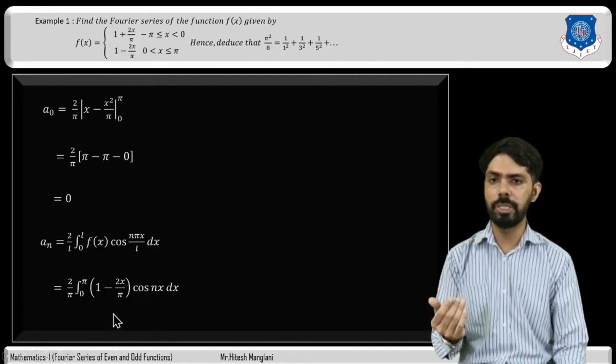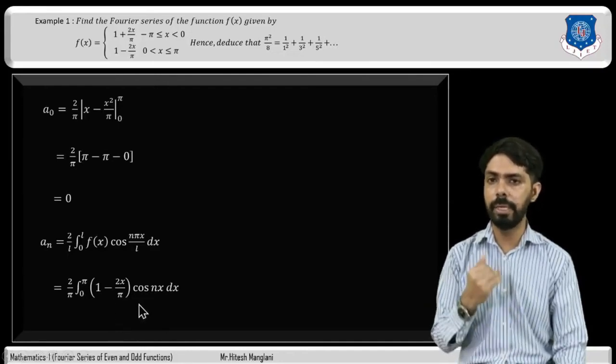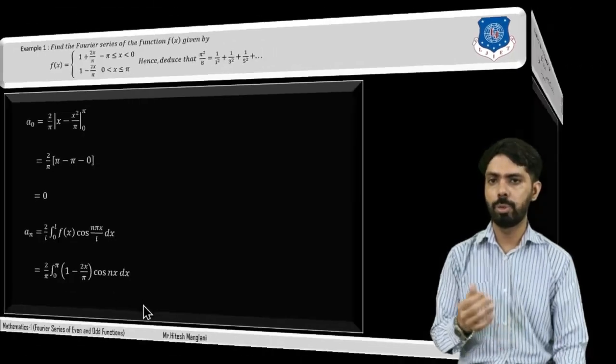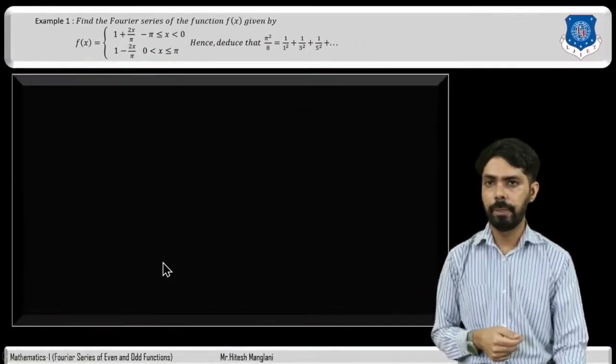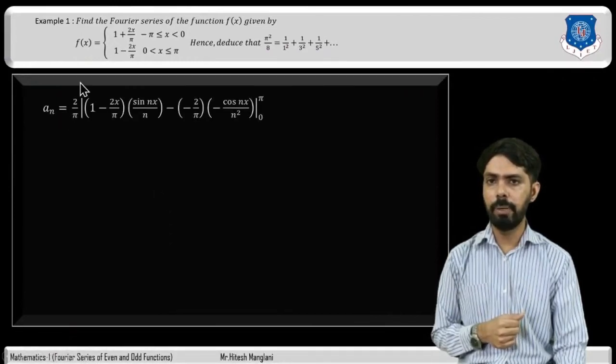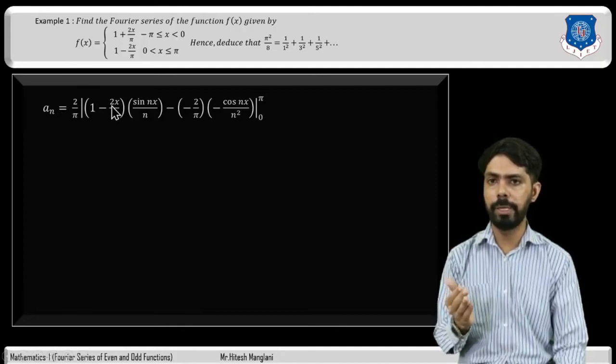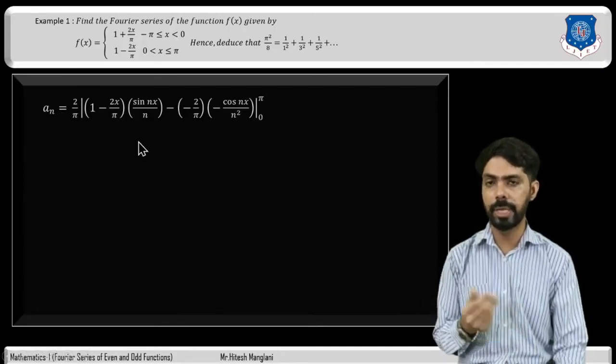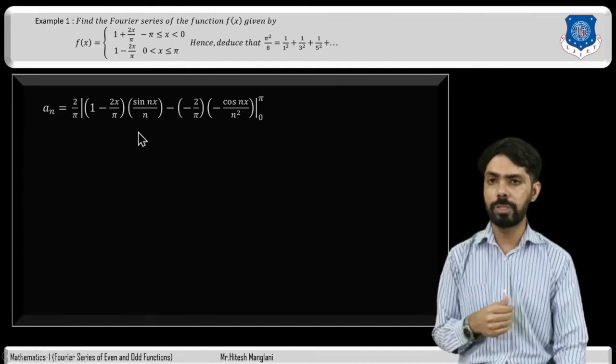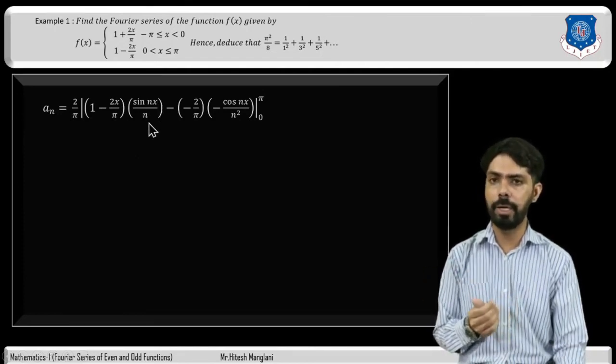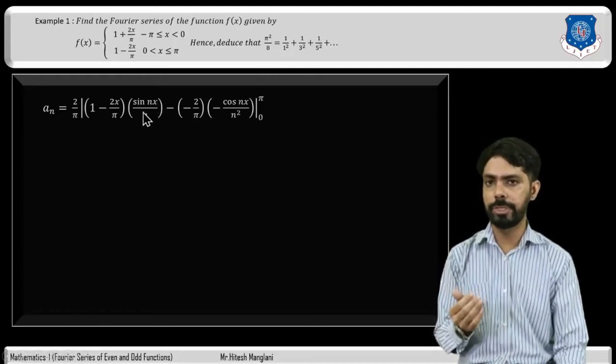So first of all this function will be as it is, then we will take the integration of cos nx. So if we simplify this, using Bernoulli's formula, an will be 2 by pi in bracket, first of all the first function 1 minus 2x by pi will be as it is, and the integration of cos theta is sin theta. So the integration of cos nx will be sin nx divided by n, because the coefficient of x is n,